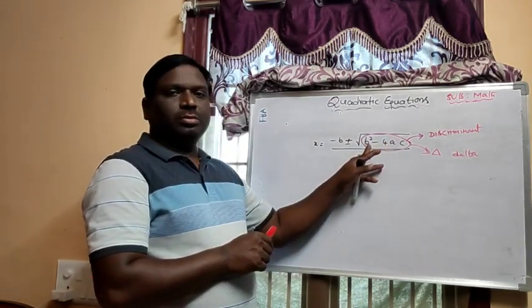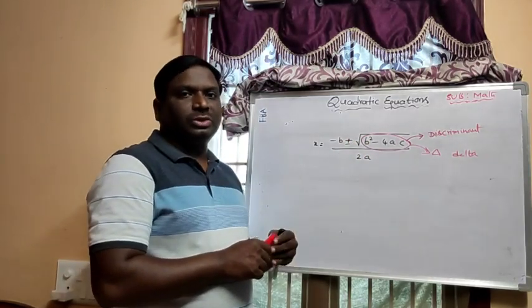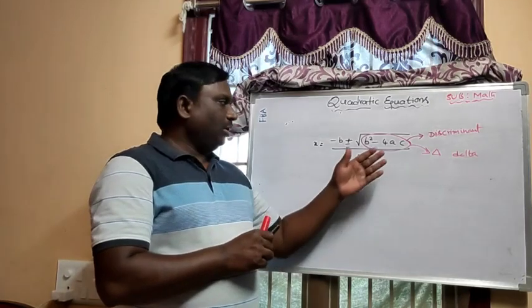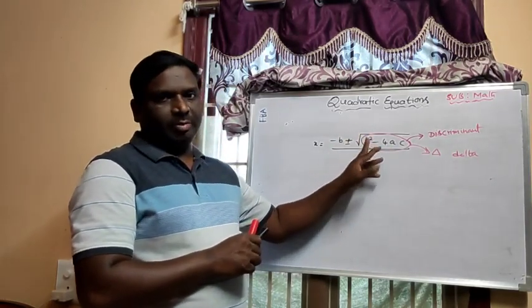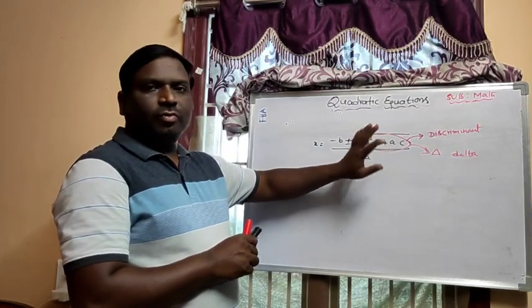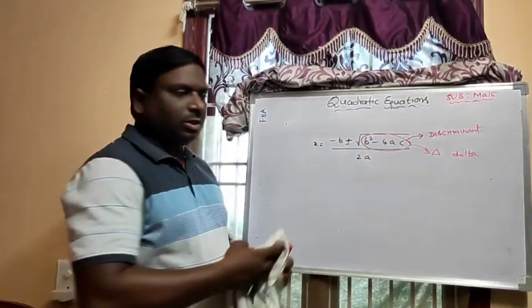If this discriminant is less than 0, there are no real roots. That means imaginary roots. Later in the next session, we will discuss briefly about this discriminant. I'm just explaining here what b square minus 4ac is. Okay. Now let us start with